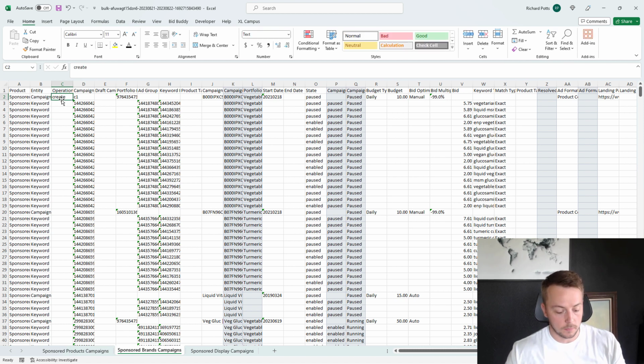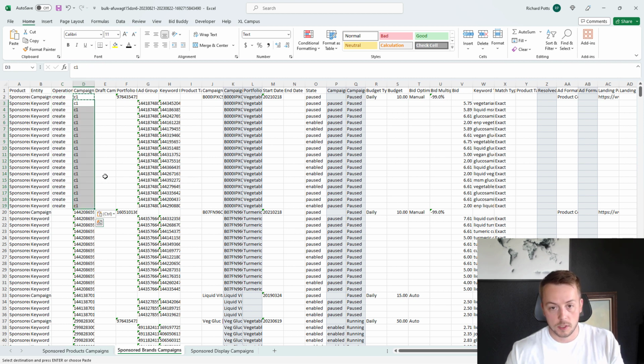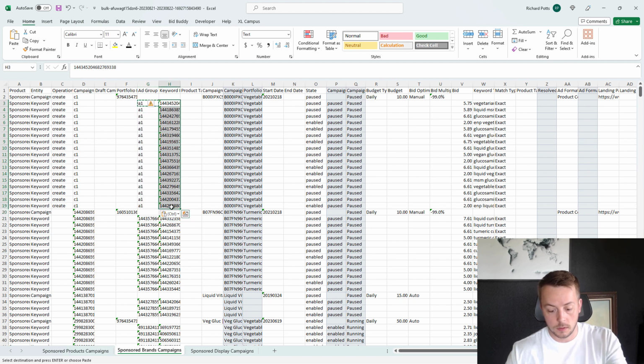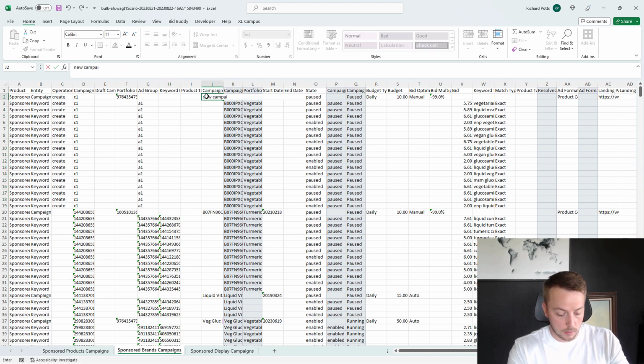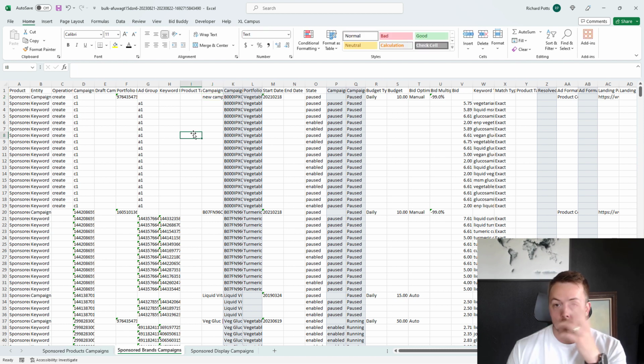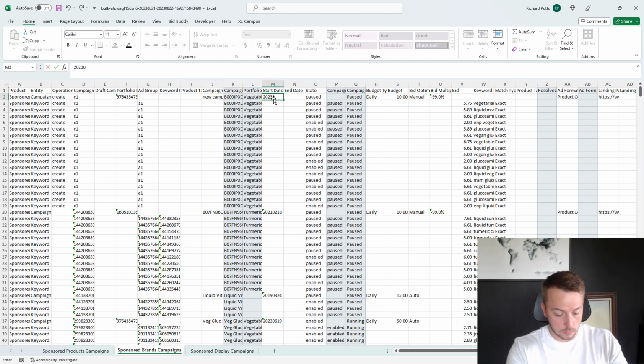Unfortunately, Amazon doesn't have the assistance features for sponsored brands or sponsored display. But basically you do that, A1, okay, do that. This stuff, delete, new campaign, and the new date, 2023/08/22,